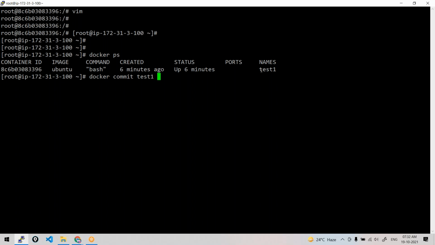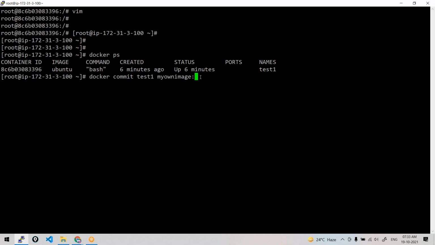Okay, so Docker commit, the container name, okay, and the image name, whatever you want to put. So I want to give like my own image. You may give this way, and later on if you want to push to ECR or Docker Hub, what you need to do, can you push directly Docker push my own image? Okay, first let me do this. First let me run this Docker commit container name or ID. You could also use always, wherever you use container name, you could use ID and vice versa. So Docker commit your container name or container ID and the image name you want to put to your image.